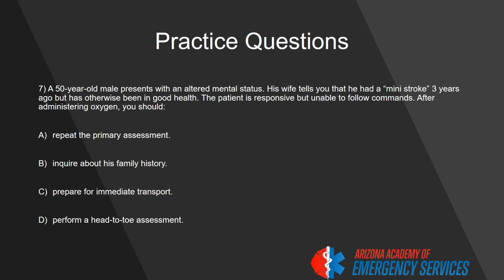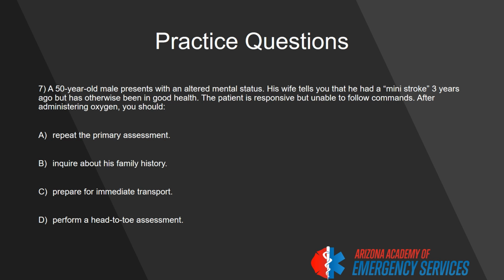Question number 7. A 50-year-old male presents with an altered mental status. His wife tells you that he had a quote-unquote mini stroke 3 years ago, but has otherwise been in good health. The patient is responsive, but unable to follow commands. After administering oxygen, you should repeat the primary assessment, inquire about his family history, prepare for immediate transport, or perform